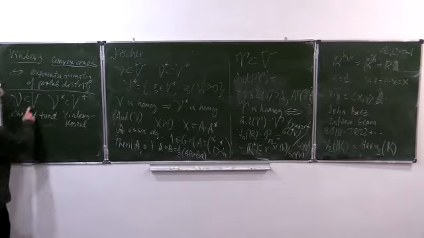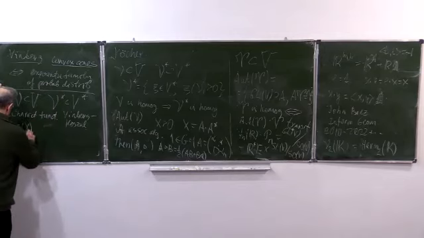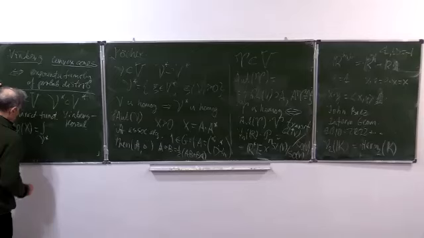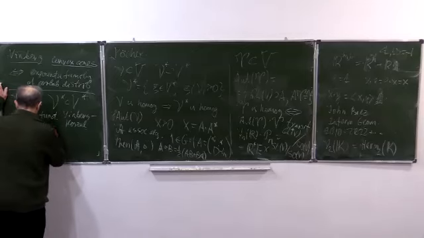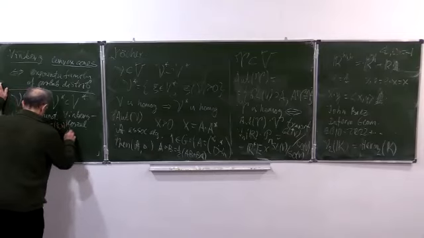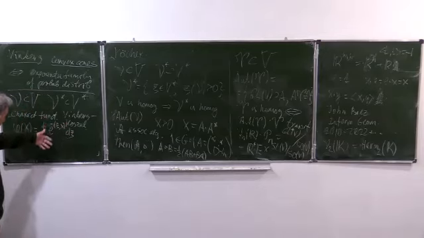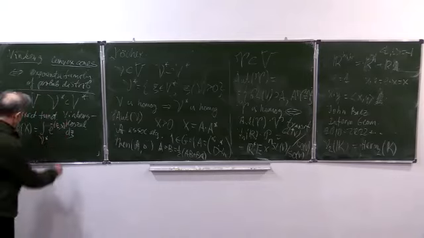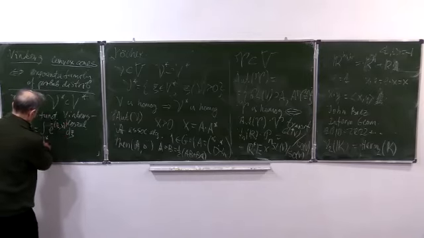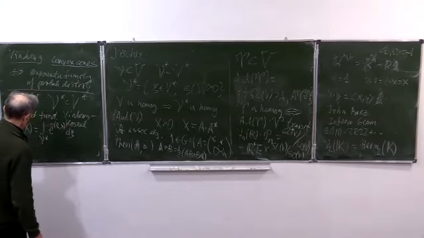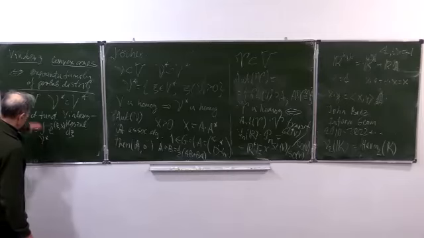And this function on V, phi of x, equals integration over V star of e to the minus xi of x d xi. So d xi means some n-form, a constant n-form in dual space, where xi belongs to this V star. So this is a function with a very nice property,